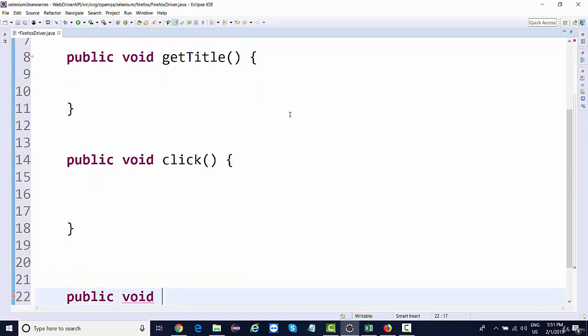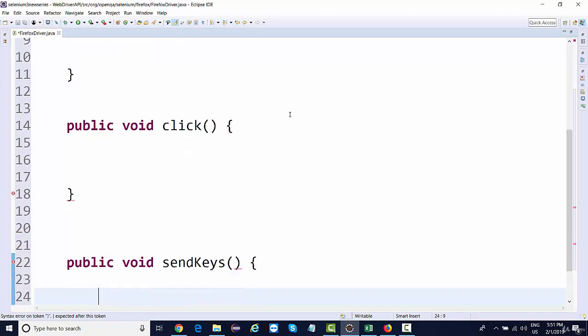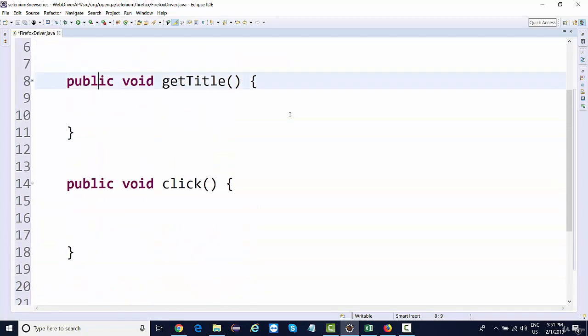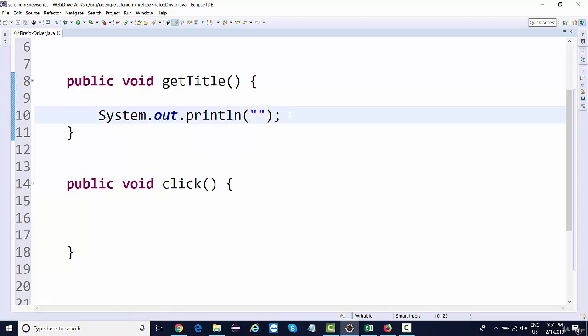Now instead of type, they named it sendKeys. Right. So let's define these three methods only, for the timing. Right now it's a dummy API, so I'm just going to print something. It is not going to get the actual title. It is just going to print getting the title from current page.